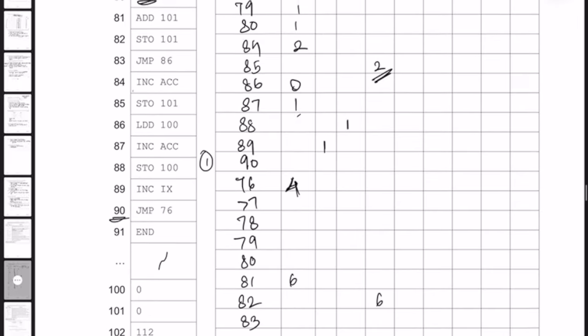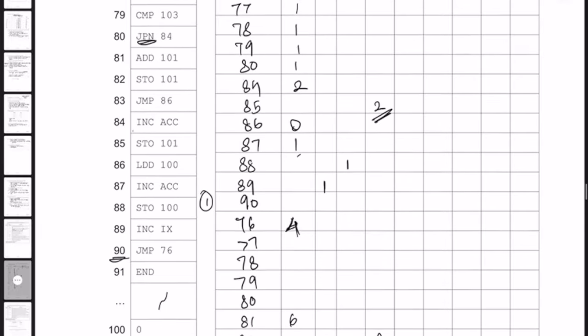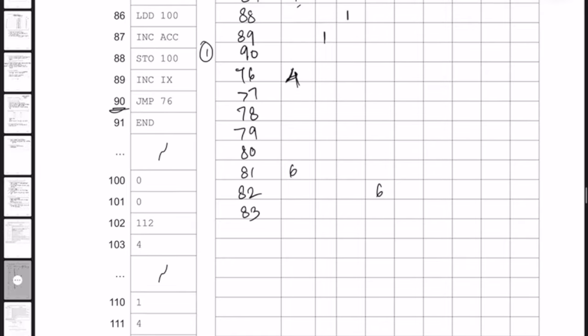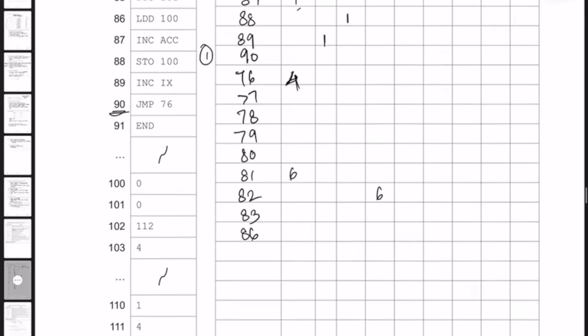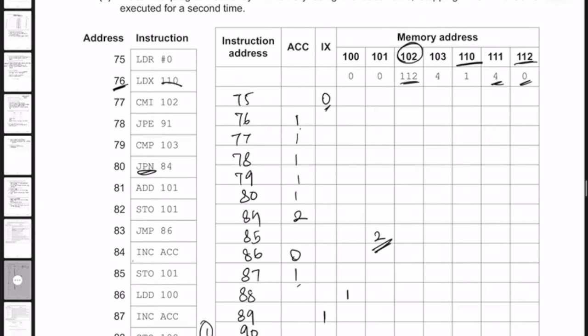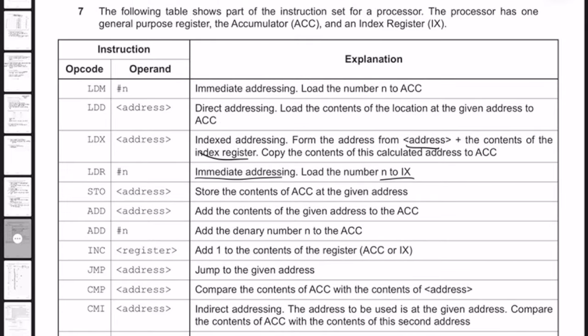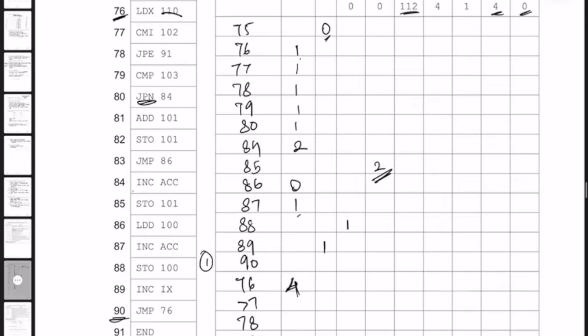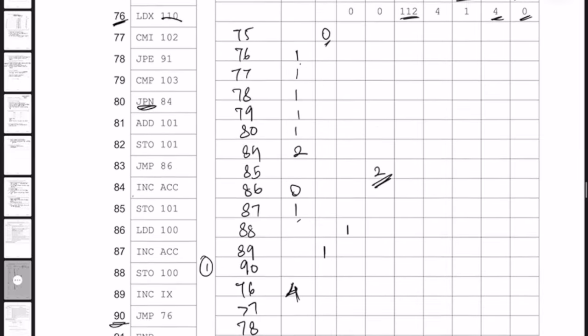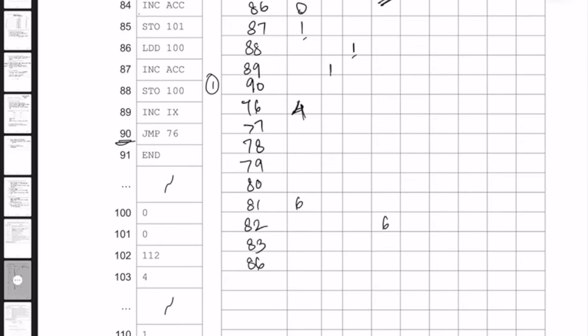83. Jump to 86. Okay, so 83 and then we go to 86 directly. And in 86 we have LDD 100. LDD, just gonna check here. Location at the given address. Okay. So at 100 we have this 1. So we're gonna do that and load 1